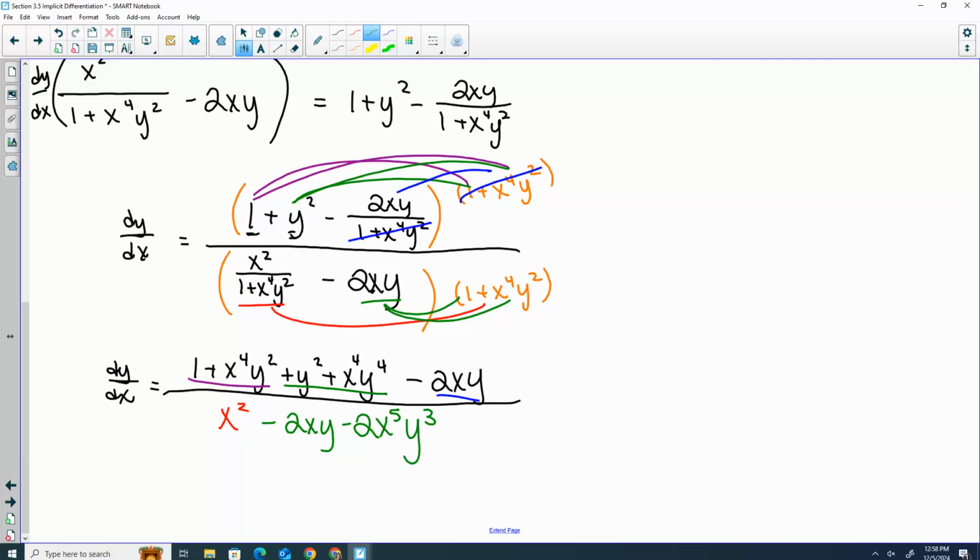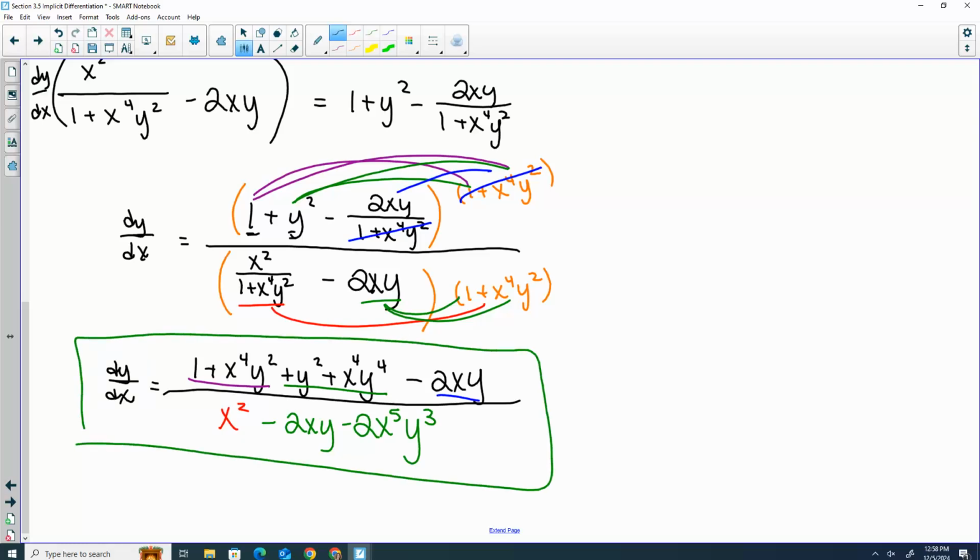So, definitely a nastier problem, and I did not give you any like this to do on your own. If your signs are off, or you don't have the same numbers, please